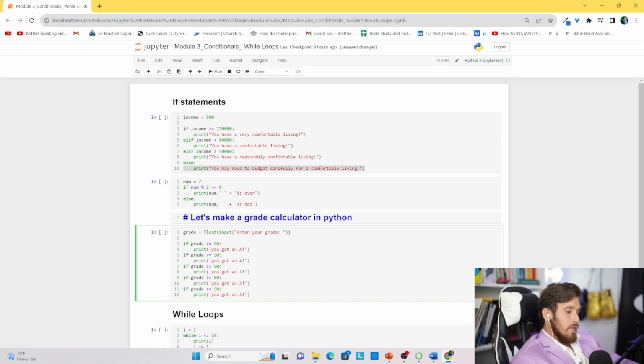Okay, so now we're going to change this if to elif. So we know that if the grade is greater than or equal to 80, then they got a B. We know that elif the grade is greater than or equal to 70, then they got a C. Now we know if the grade is greater than or equal to 60, then they got a D. Sad face. Oops. Let's